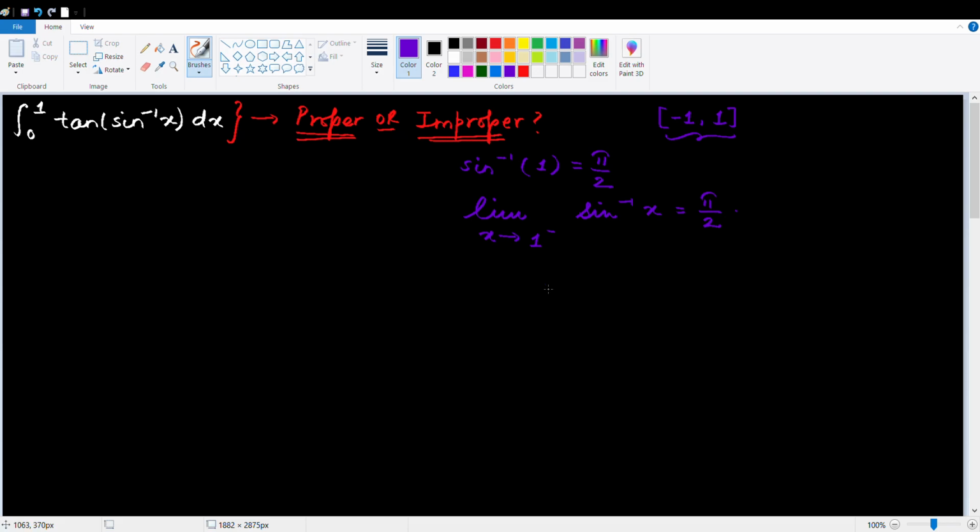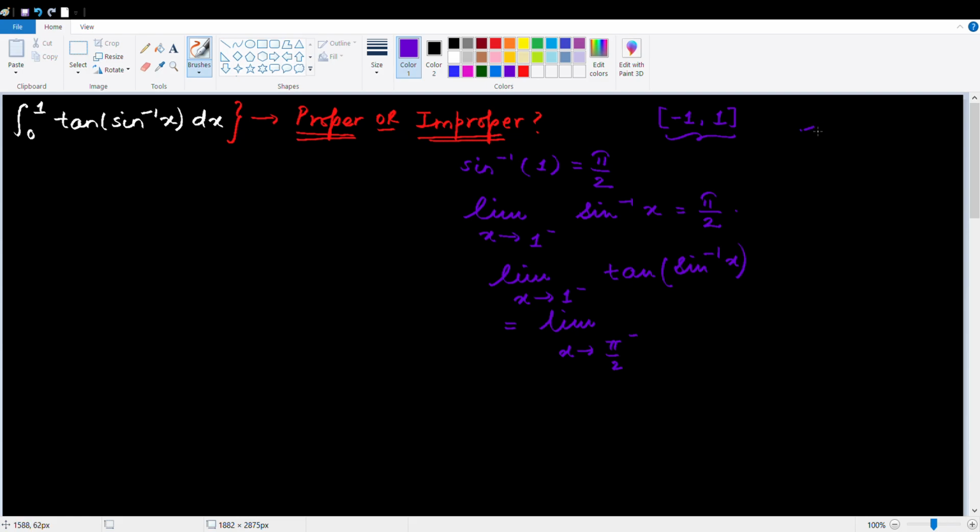So basically that means the limit as x tends to 1 from minus of tan of sine inverse x is equivalent to the limit as x tends to pi by 2 from minus,